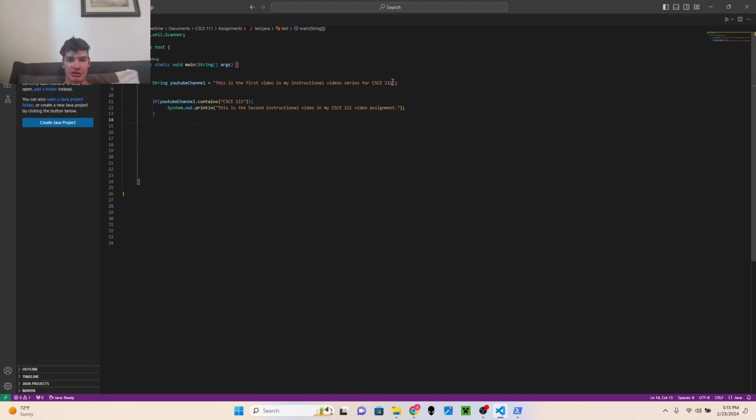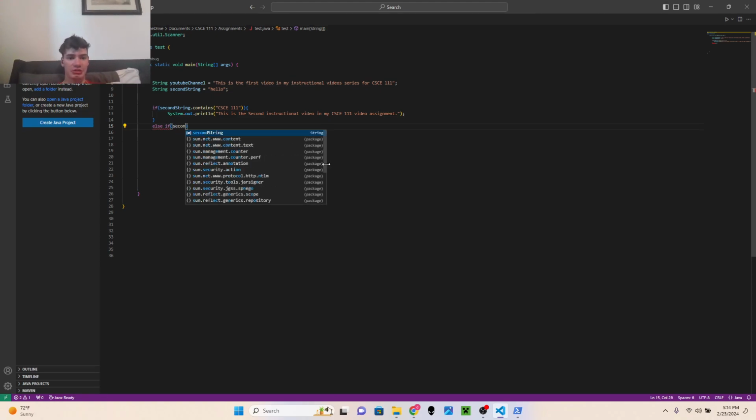So let's make a different string, and let's call it second string. And let's make it equal to hello. So we are going to say if second string contains CSCE 111, then we will print this. Now, if you take your if statement and you make an else if, and now you're going to define it just like a regular if statement. So now if second string